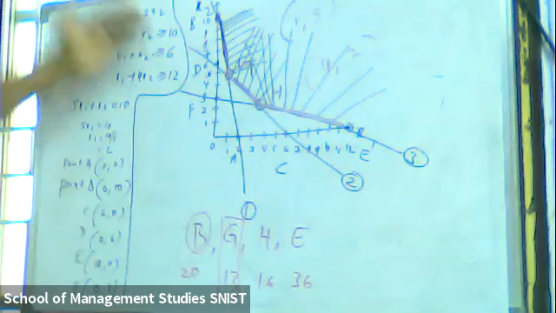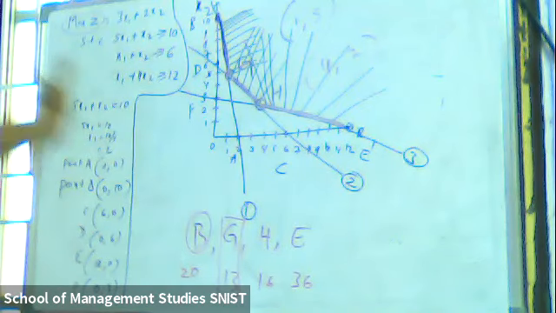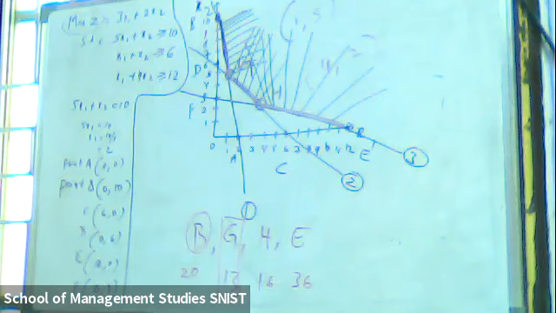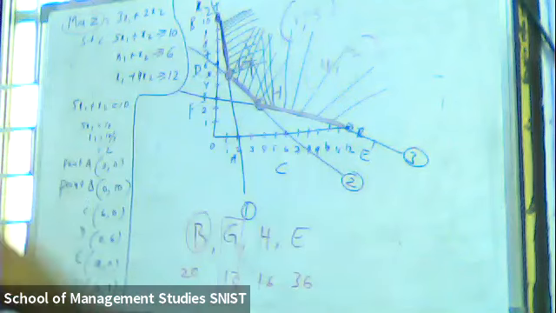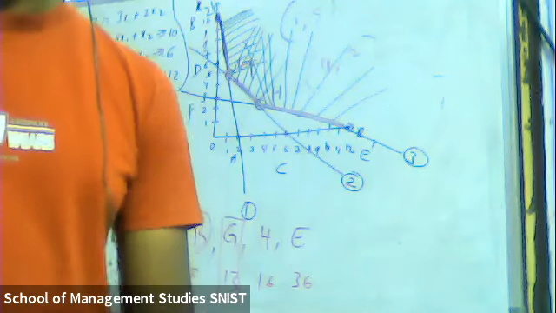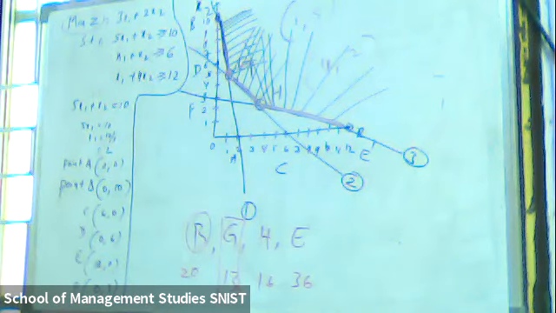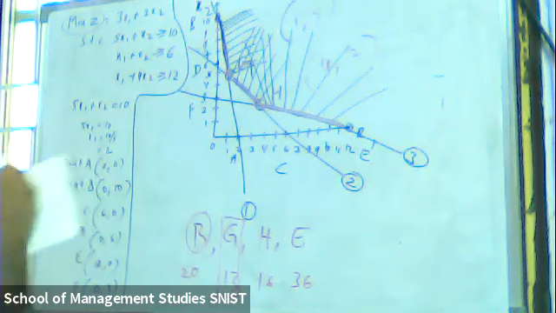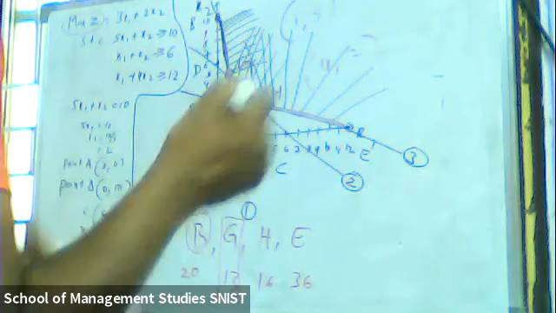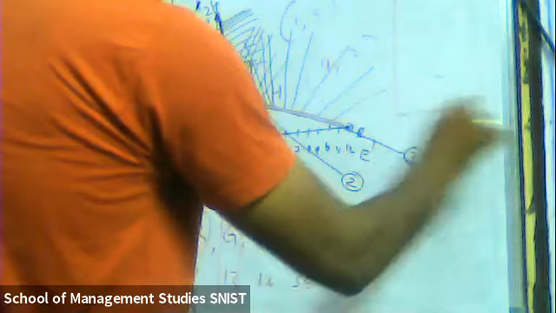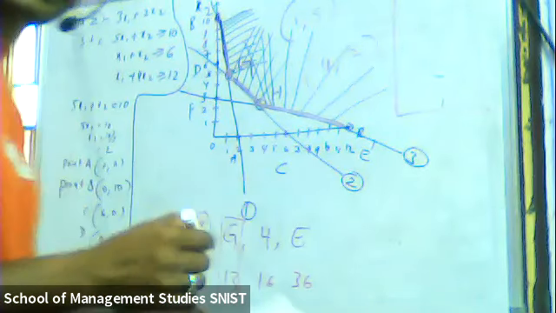Now, if I give any number of constraints, the same procedure applies. So this is about the graphical method. Now, let me ask you one question. I think it's visible to you, right? Is it visible? Yes or no? Yes, sir.